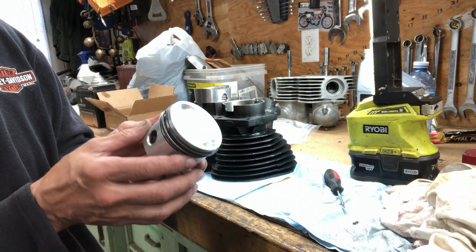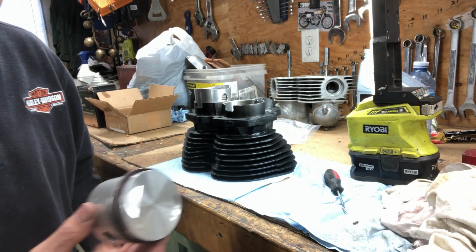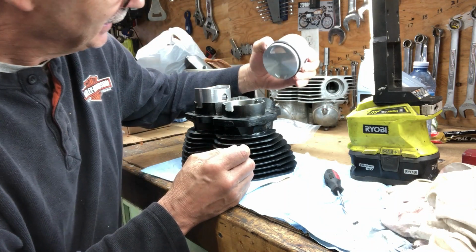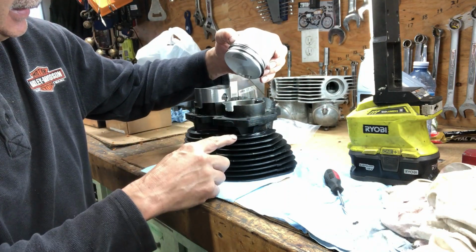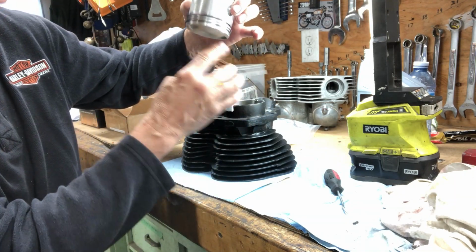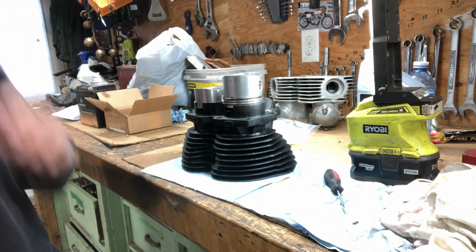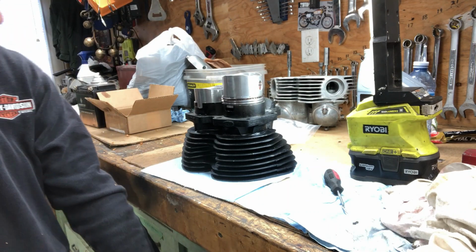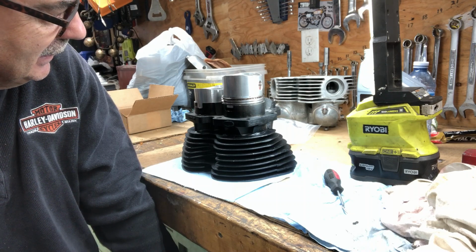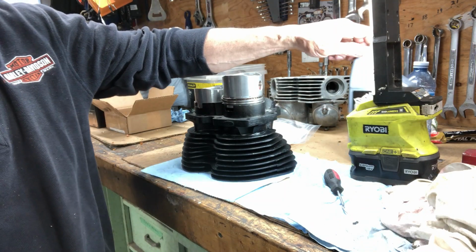And so I've got them all in there. Oops, I want to hold this in the right direction here. The bigger fly cut is the intake. This is the intake side. Goes like that. The exhaust is over there. Okay, I got to keep that like that. What was I just saying there? I can't remember what I was saying. I don't know. Anyways,